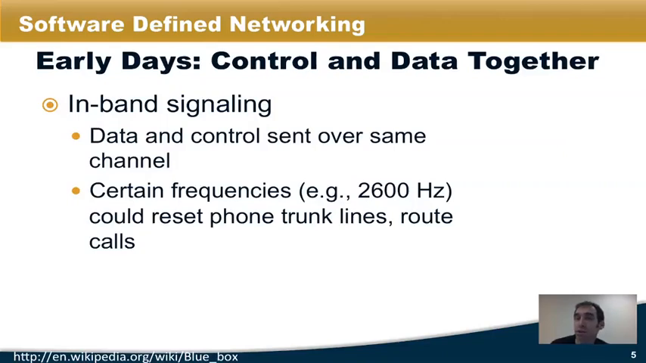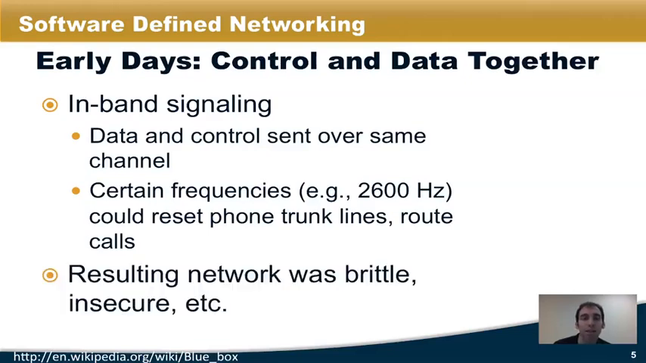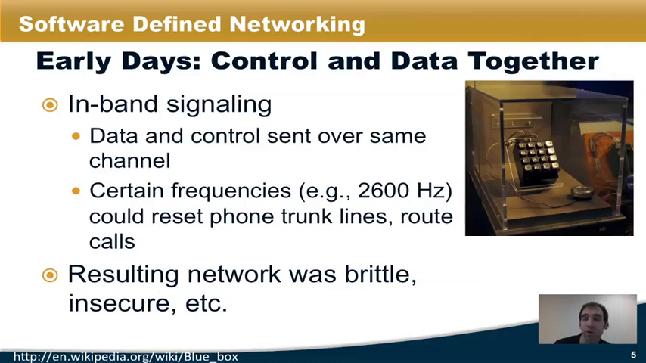of things like pulses on the line could be used to route calls and set up circuits for calls. While this offered some advantages in terms of simplicity, the resulting network turned out to be fairly brittle, insecure, and so forth. In particular, here's an example or a picture of Steve Wozniak's Blue Box. Blue Box was something that